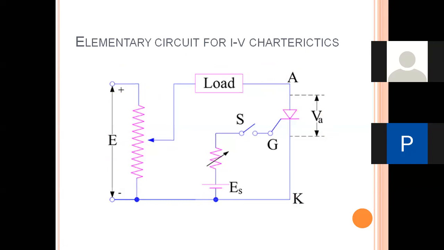Okay, so here in this case, the power circuit is going to be always connected between the anode and the cathode. So here the source, this potentiometer, and this load which is connected between the anode and cathode form the power circuit. Then coming to the other, that is going to be the gate terminal.